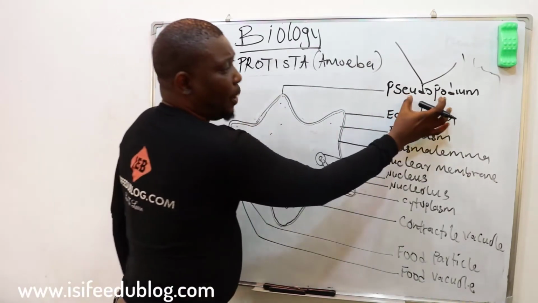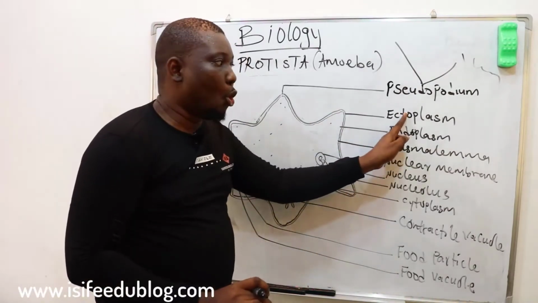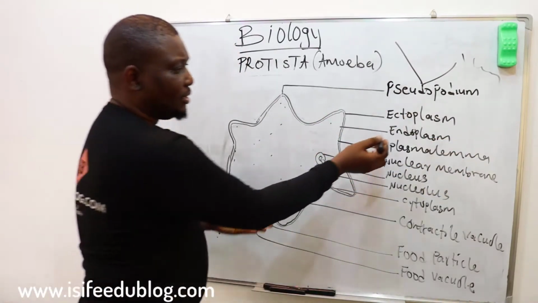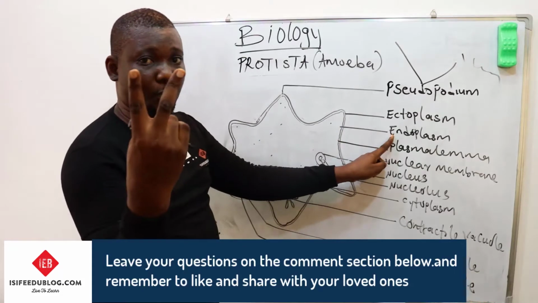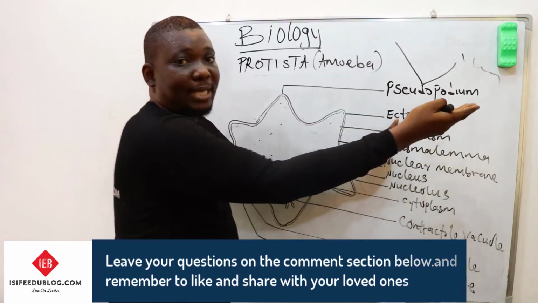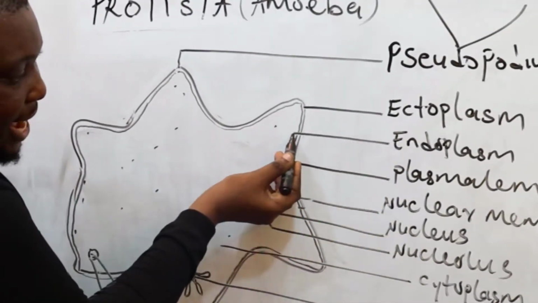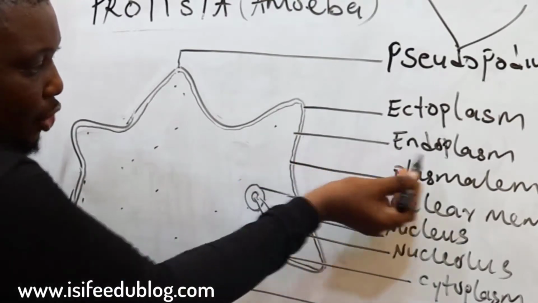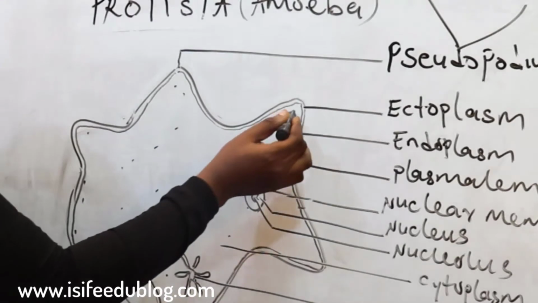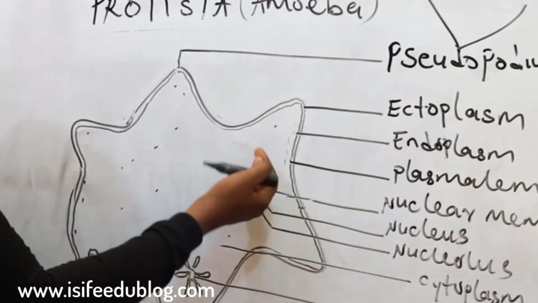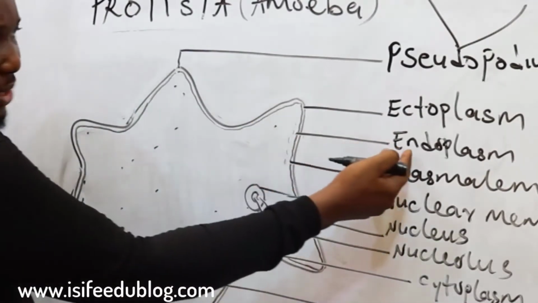Like I told you, this pseudopod is formed from the outer surface of this organism, which is called the ectoplasm, and then the inner surface called the endoplasm. Like I said before, the surface is of two types. The outer is called the ectoplasm. The inner is the endoplasm. So you now see the line outlining this endoplasm. You see that the line enters a little bit into the arm. That means there could be another structure here which shields the entire inside of the organism, which is the what? Endoplasm.